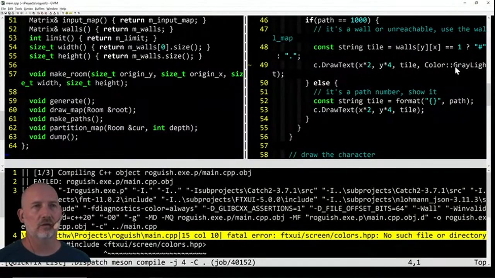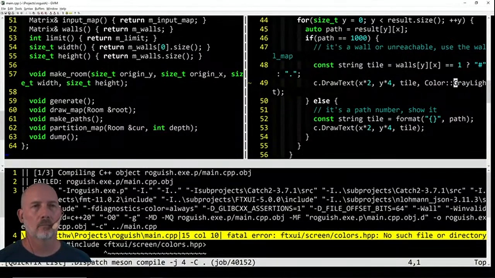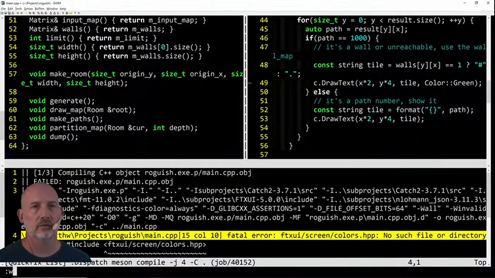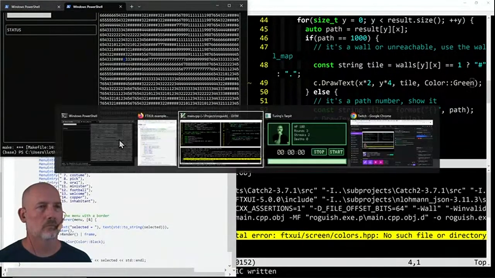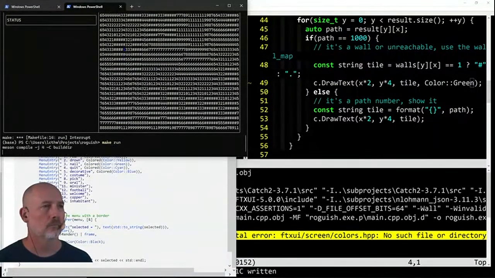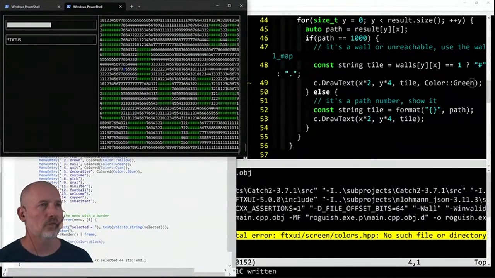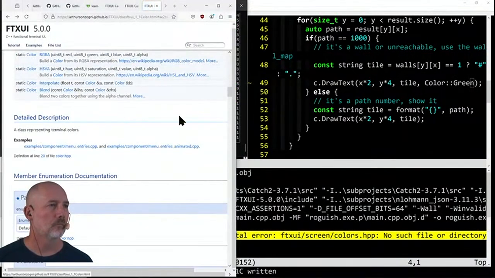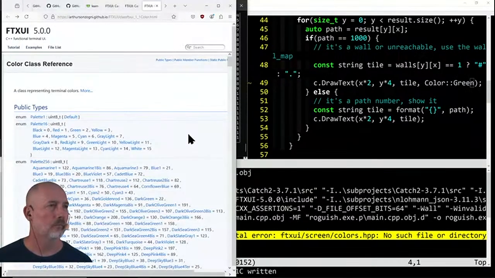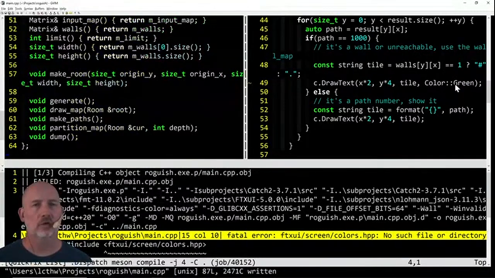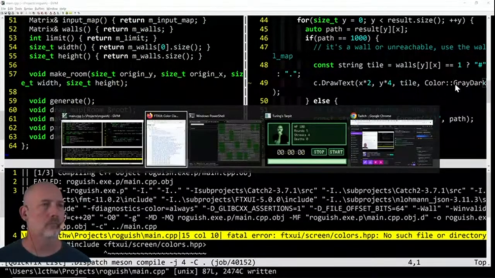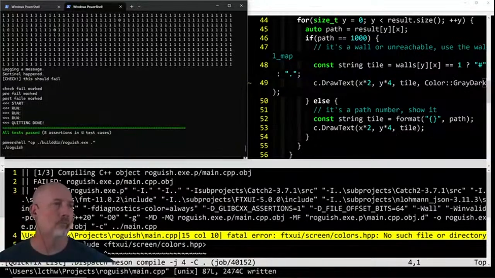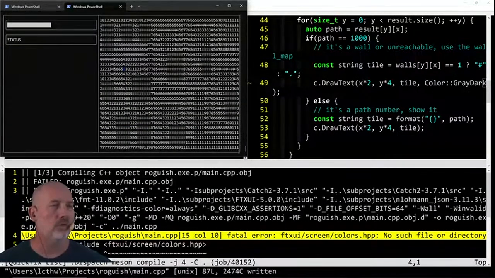Oh, I bet it's just that that's not a color. Yeah, let's set it to color green. Okay, so that works. So just need to find a color that's actually valid for this terminal. Gray dark. There we go. All right, so we got wall colors,